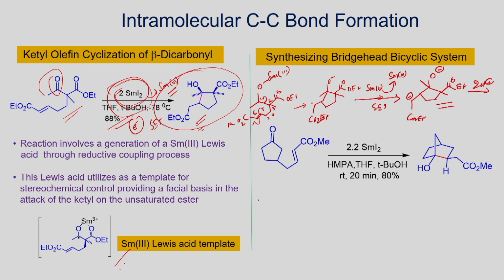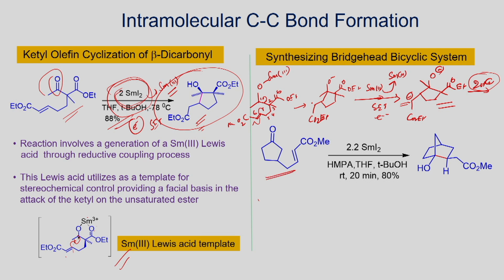Here the intermediate is shown. First the samarium 2 can transfer an electron, you form the ketyl radical, and this can be stabilized like this. You form the radical. This radical can now undergo cyclization. Here you form the secondary radical. Once you have this one, it can take one electron and you generate the carbanion. When you do the protonation, you can convert it into an alcohol as the product.